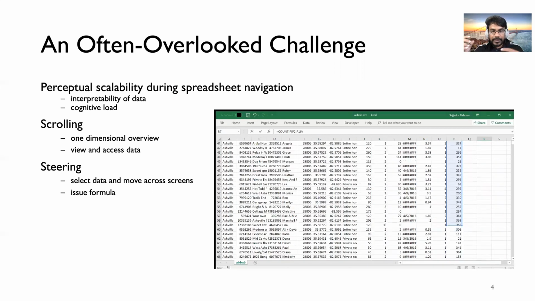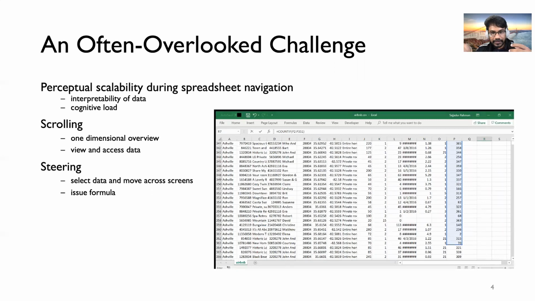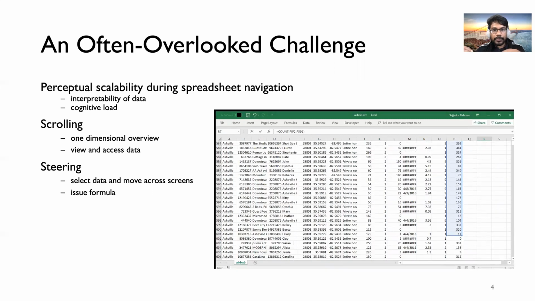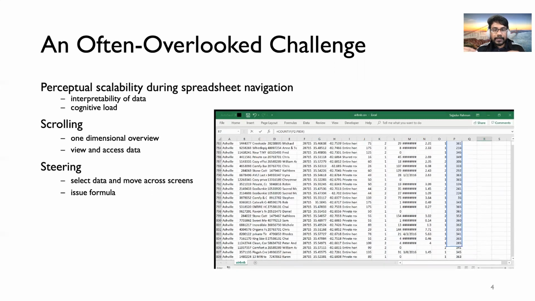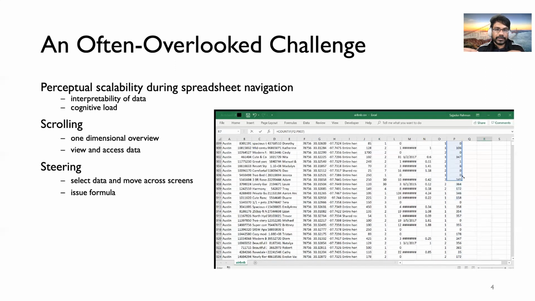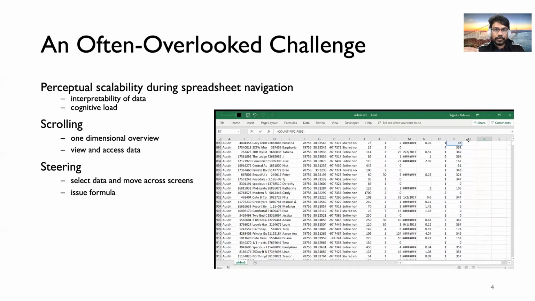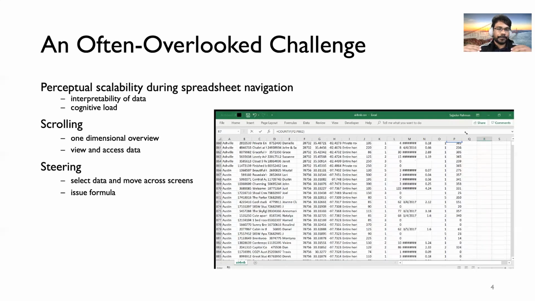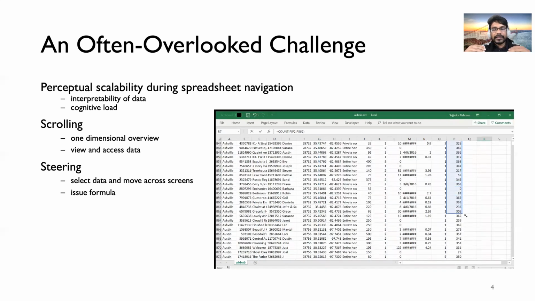So basically, you see that the user is steering the mouse across the screen to find the last record belonging to Asheville, and this can be a very cumbersome experience because the user needs to scroll up and down till they find the final record belonging to Asheville. So this is a really tedious experience. Now imagine repeating this process for multiple cities.